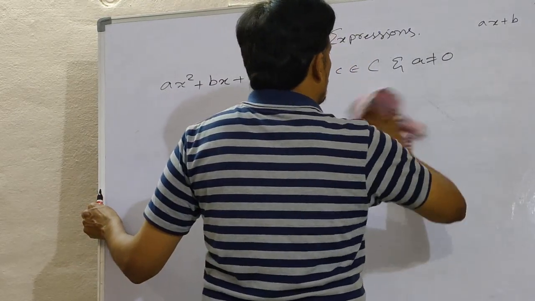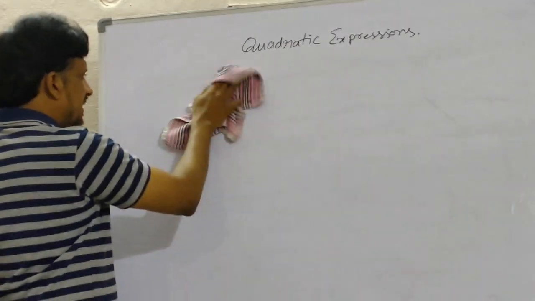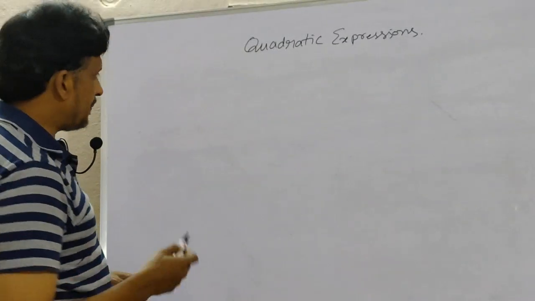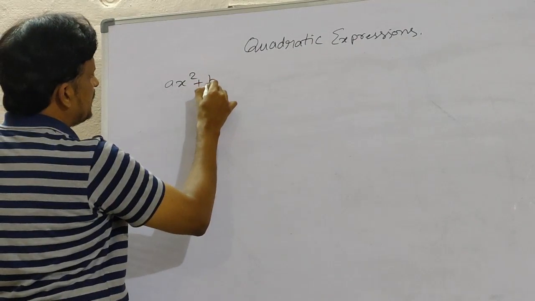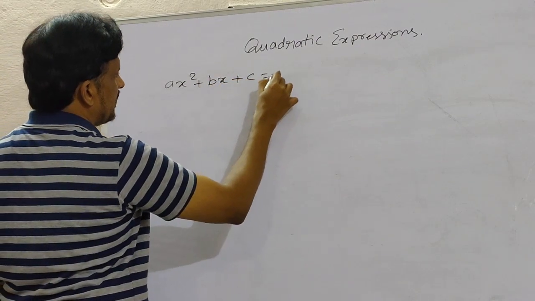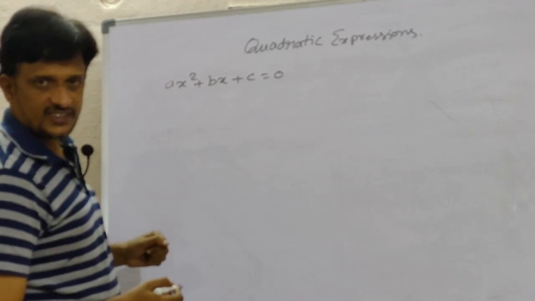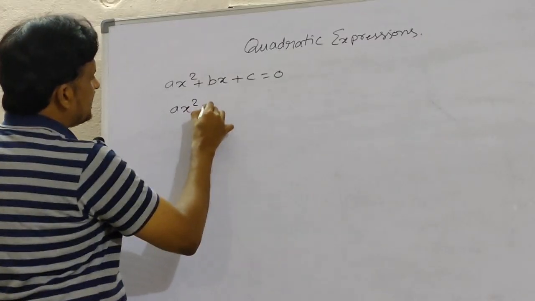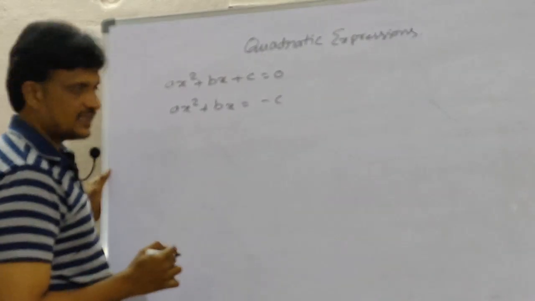And now today in this particular session we are discussing the nature of the roots and how to obtain the roots. So one basic concept is ax square plus bx plus c is equal to 0 is the given quadratic equation, and now I want to find the roots. Means the value of x I want to calculate. So do one thing. From this, ax square plus bx will be minus c if you write here.